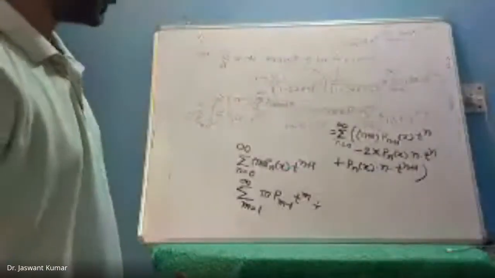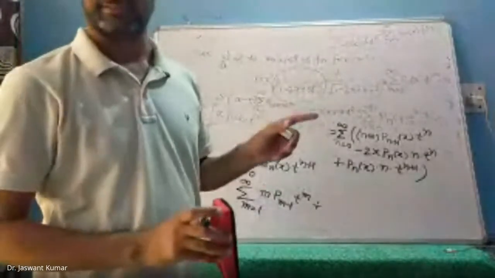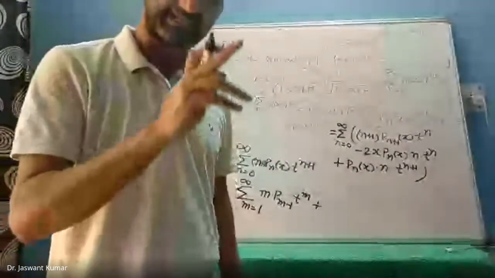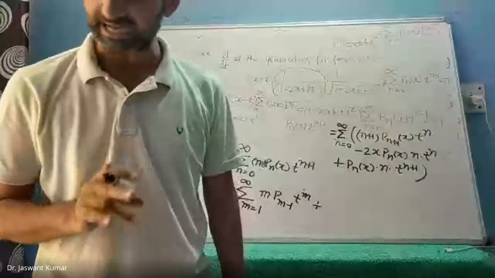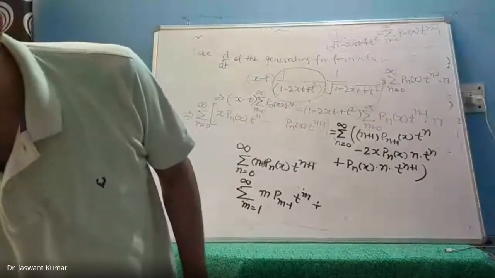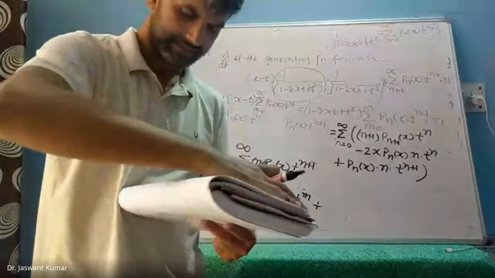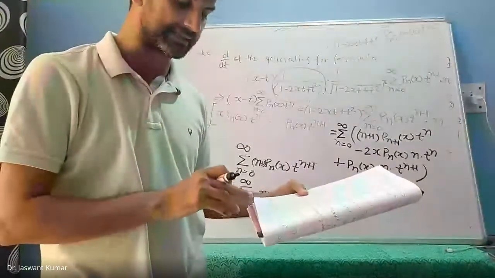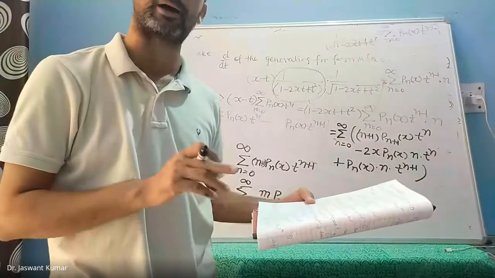I know. That is why I am trying to just give you an audio commentary. Okay. So audio commentary is that on the recursion relation page, that page number 1 that I have sent you, the last equation is summation n going from 0 to infinity n plus 1 p n x t to the power n plus 1. And this has been properly explained to be written as summation n equal to 0 to infinity n p n minus 1 x into t to the power n.